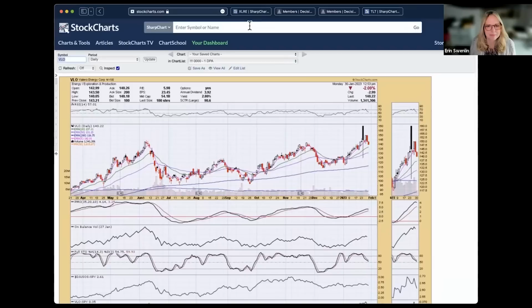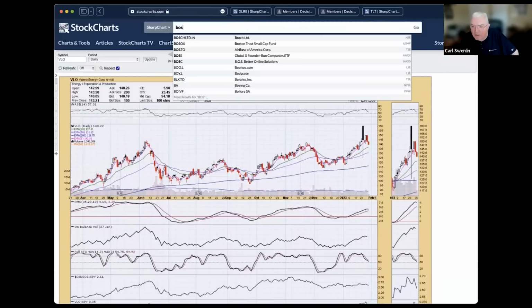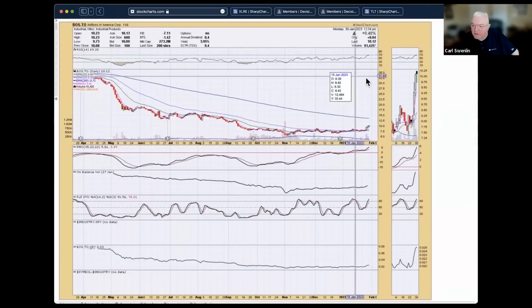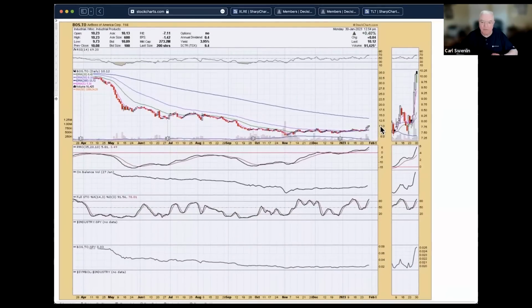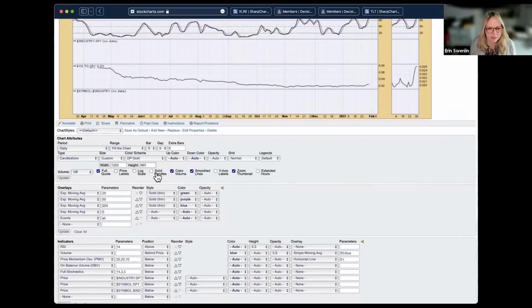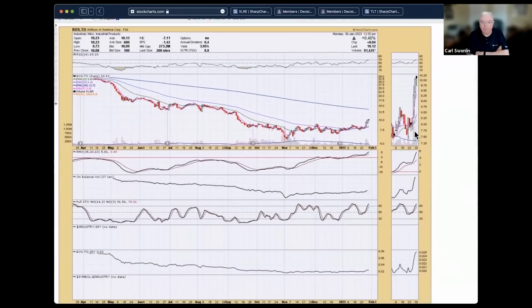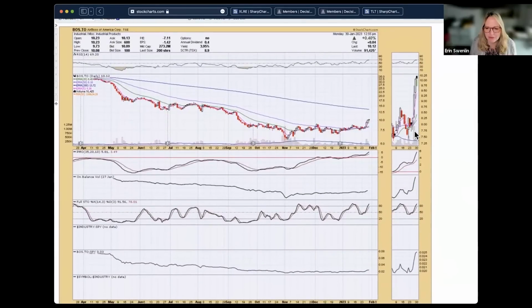Exactly. Okay, we have a Canadian stock here, BOS.TO. All right. It's up 6% since buying, looking for a stop suggestion. Okay, well, let's get a log scale because it's really hard to see price movement. Now I've moved to a log scale, so that means support and resistance lines work, but rising trend lines and declining tops trend lines on a log scale chart are not correct usually. So don't be doing that.